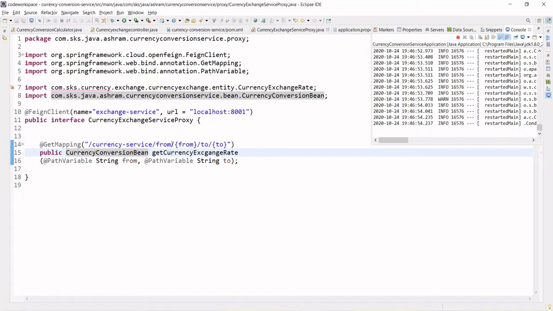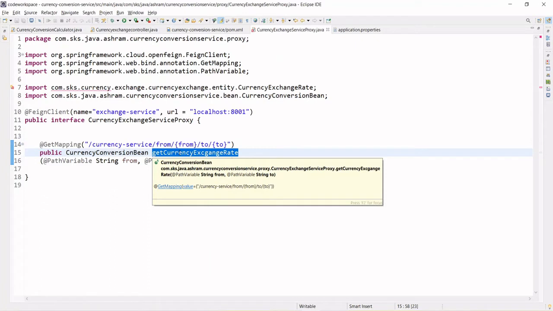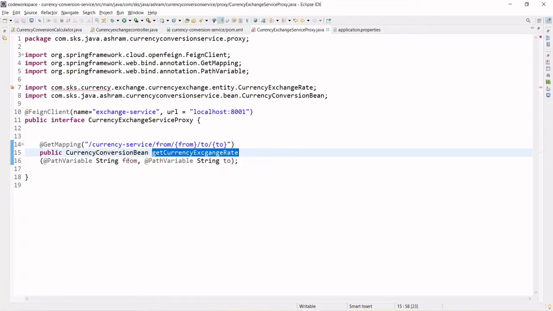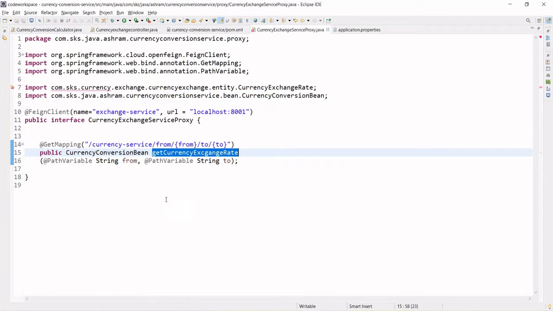We are passing from and to, and this is the public currency conversion bean that will receive all the parameters from the get currency exchange rate that we had defined over there. It's the same parameters, from and to. That's it, our work is done.